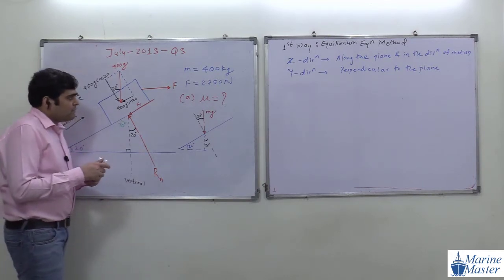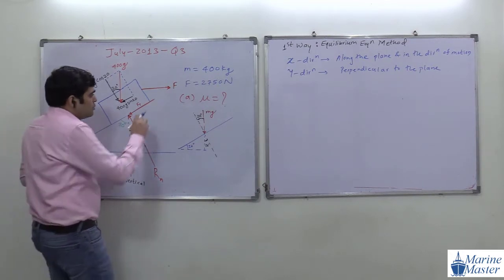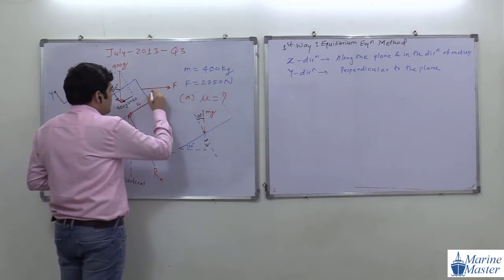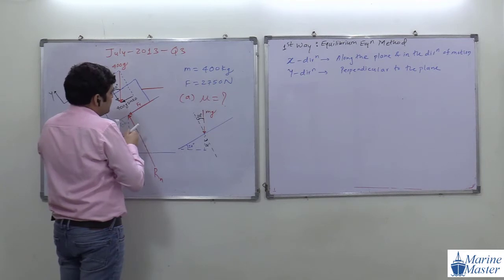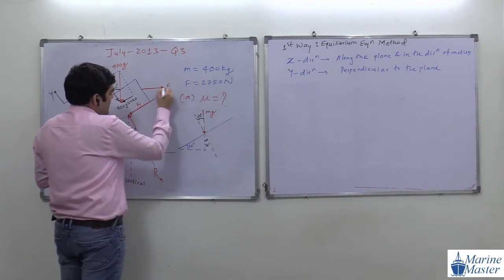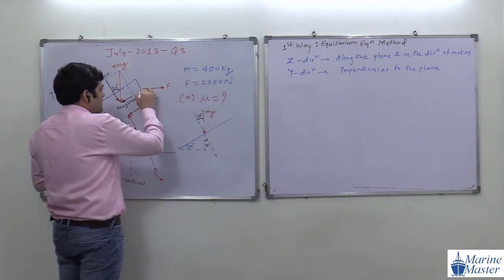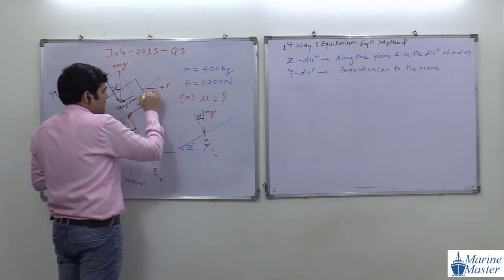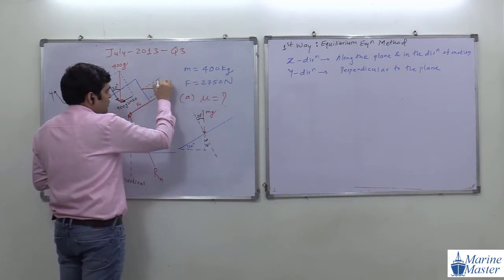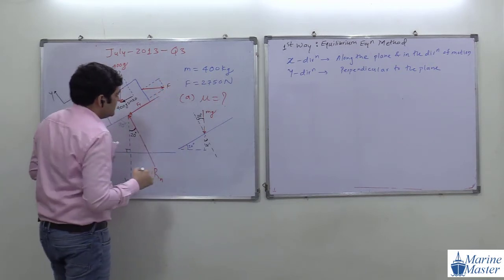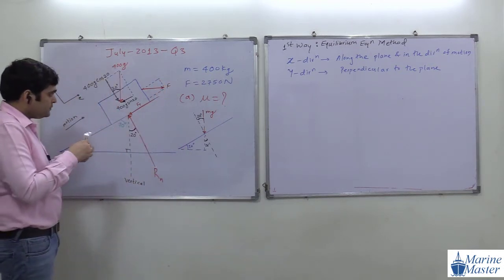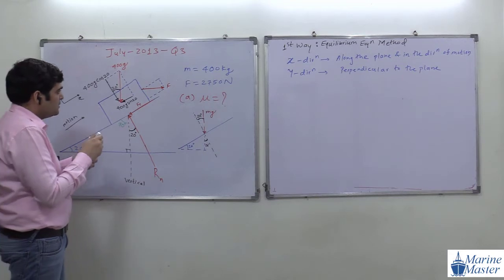So for that again we have to take its components. How to take the components, guys? How to take the components of F? Again see the point here. Again we are going to form a rectangle. This is along the plane. See the scenario. We are going to form a rectangle like this. See the scenario, guys. So how to take the component?